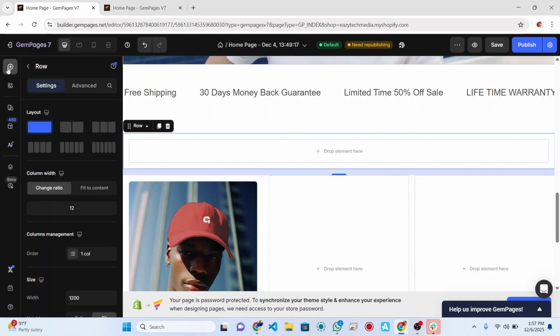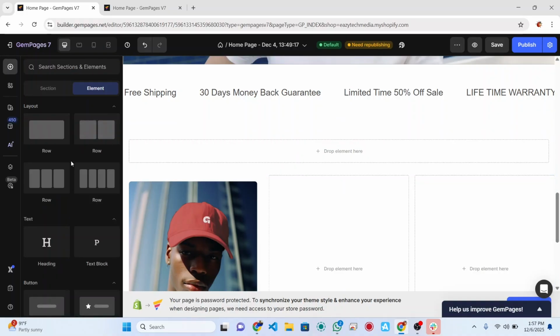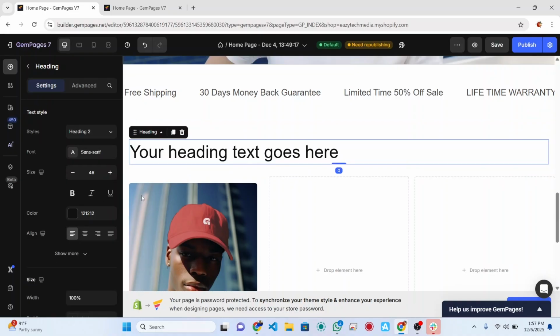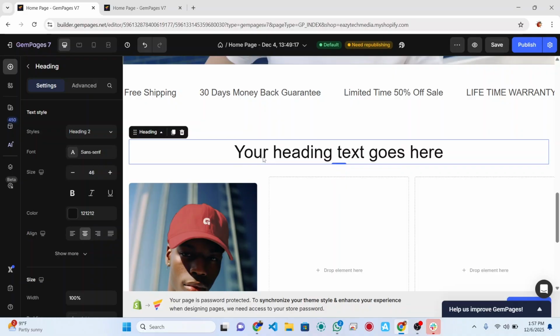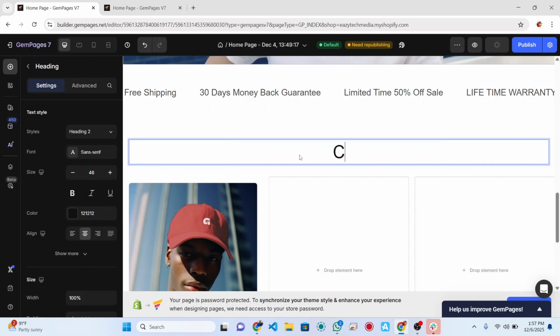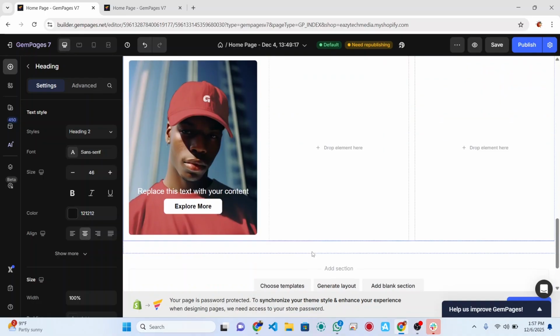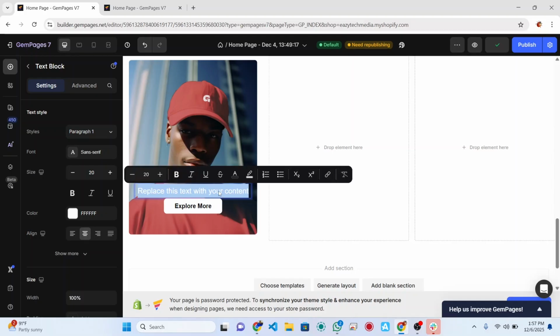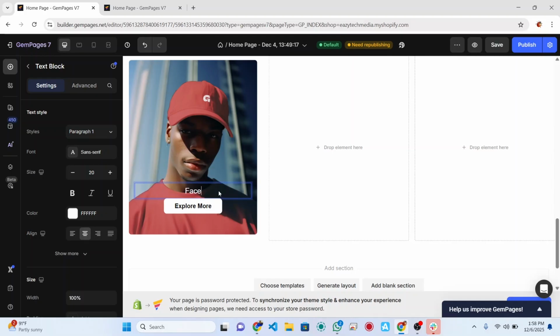Okay, so let's drag in a heading element. Align to the center. Okay, let's change the text to collections. Let's just make this one, just to make it fast and just pick anything. Face cap. Okay,